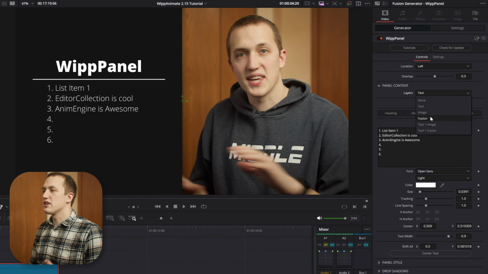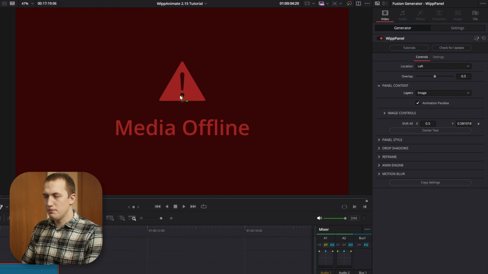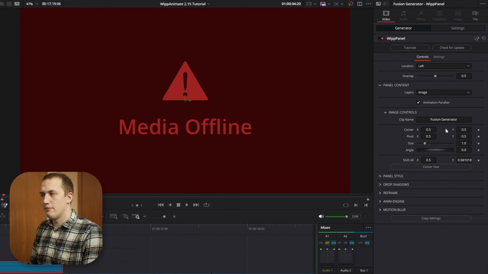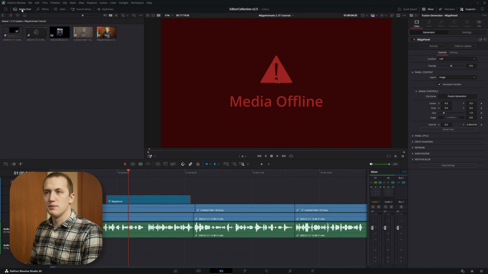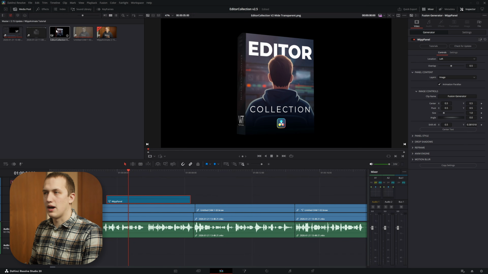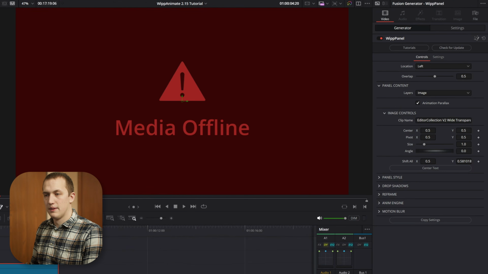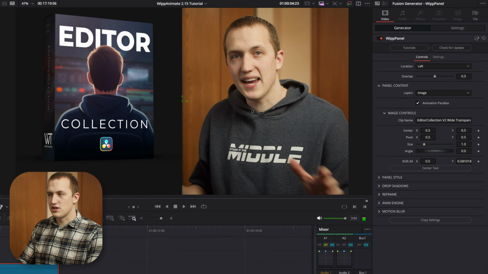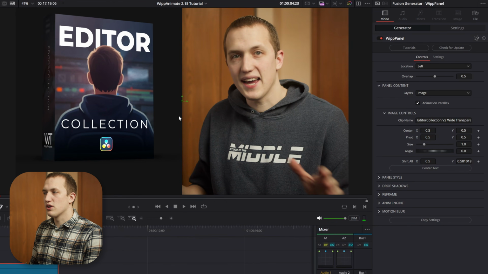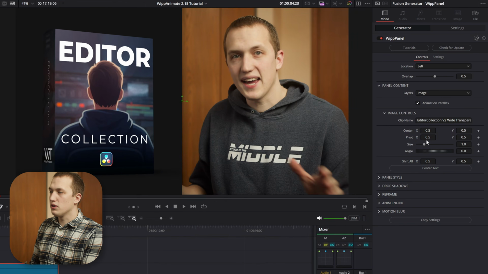But under the layers, we also have an image in Fusion option. So if we do image, what'll happen is it usually goes to media offline, and we want to come down to the image controls, and we need to tell it which image to look at. So going over to the media pool, I just have this EditorCollection pack image, and if I grab this and drag it over and drop it right in the clip name, I might have to move the playhead back and forth just to update it, but as you can see, it's going to be putting that right inside of the panel. And I want to reset the shift all,